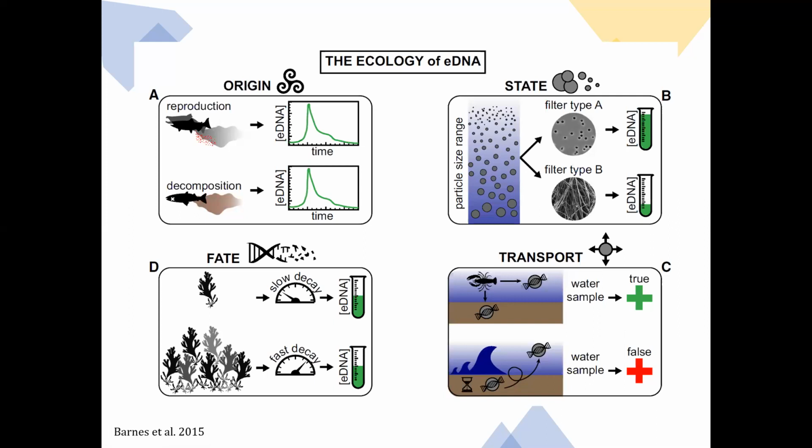So we have to really think critically about the species presence in space. Was the species super close to where we actually collected the water sample, and how recently was that species in that water body? A fish could swim up a stream and back out and we can still detect a presence for that species. So thinking of that, and then also